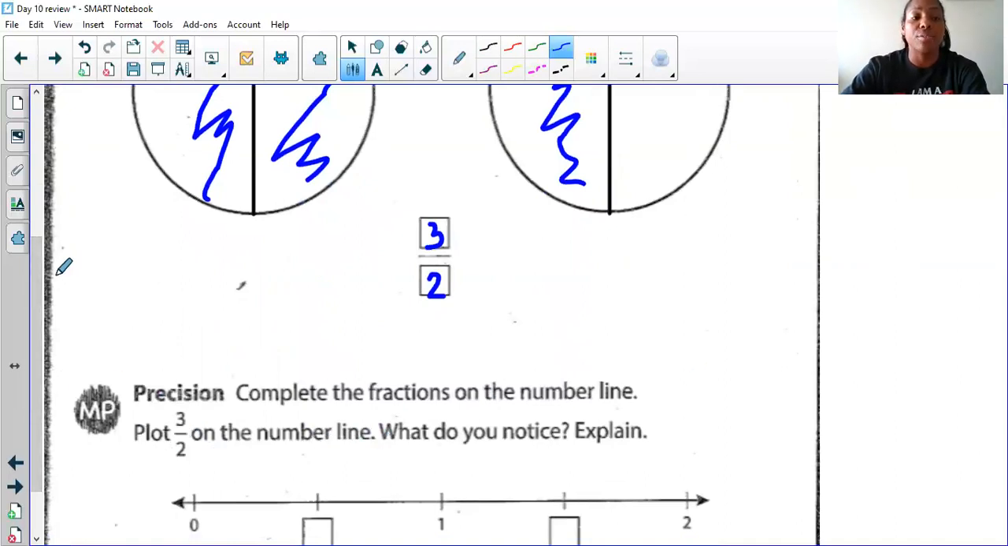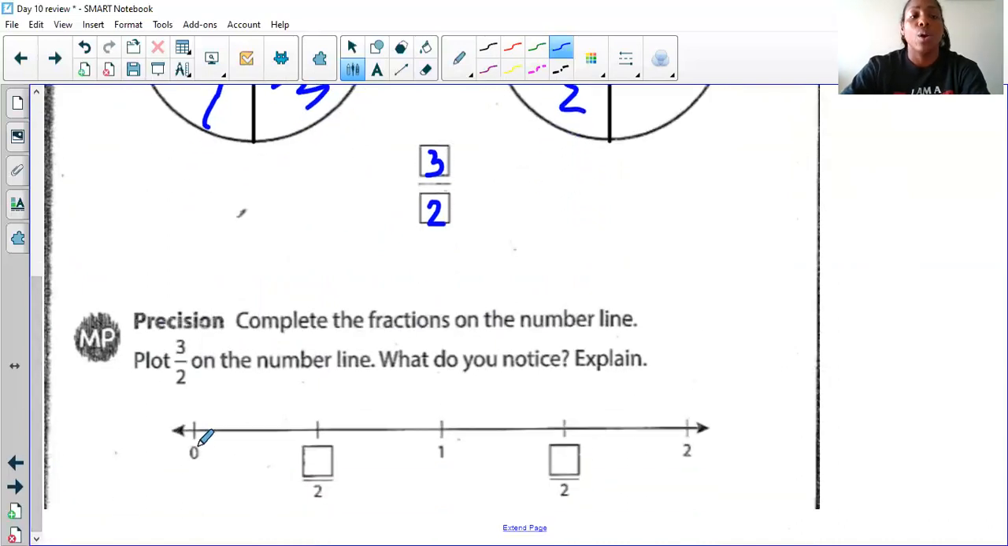Plot 3 halves on the number line. What do you notice? Well, I know that this would be 0 halves, 0, and 2. And I know the next one would be 1 half, because it's split into 2 parts. And then I see the 1, so what is the 1 going to represent? 2 halves, 2 over 2. All right, so we have 0, 1, 2. So what do you think is going to go right there? 3